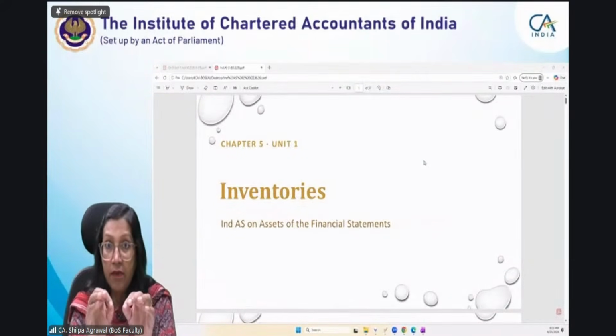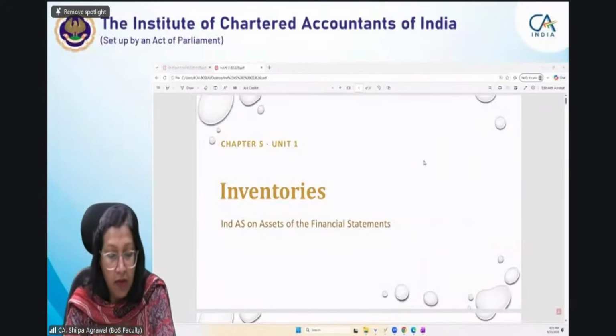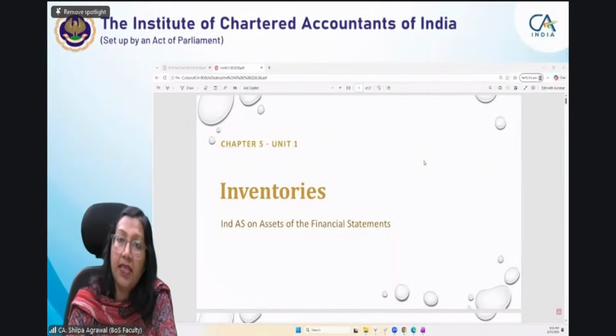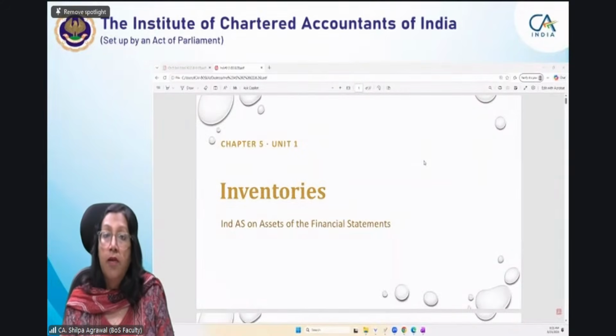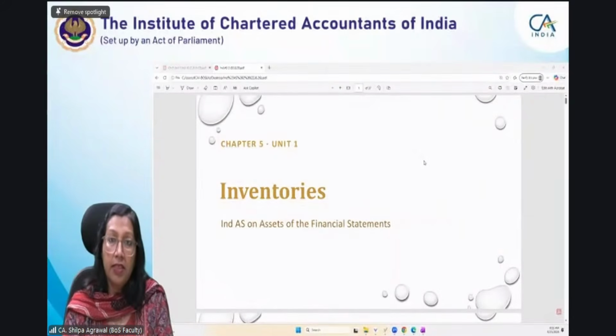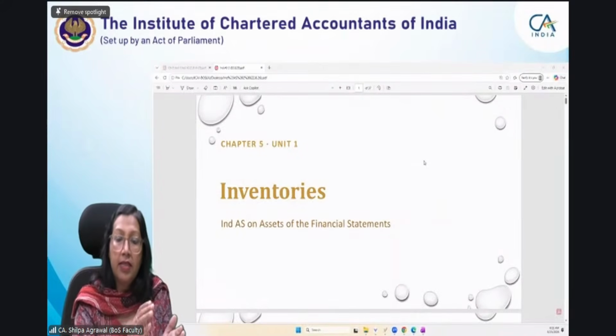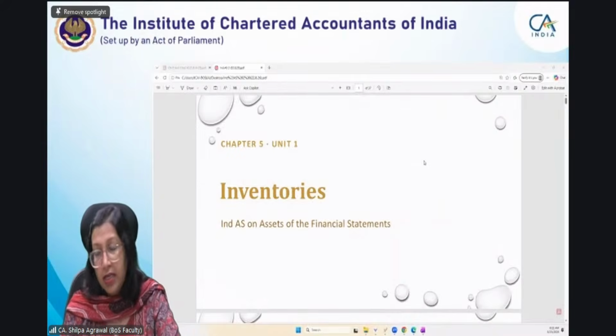As it is an asset-based standard, the coverage of the standard will be recognition, measurement, presentation, and disclosure. Because it is an asset-based standard, we are talking about recognition and measurement. There is a specific standard on inventories which deals with recognition and measurement. So any other standard which deals with recognition and measurement of a particular aspect has been excluded from the scope of Ind AS 2. So let us start with Ind AS 2.